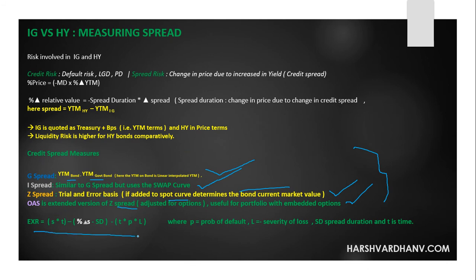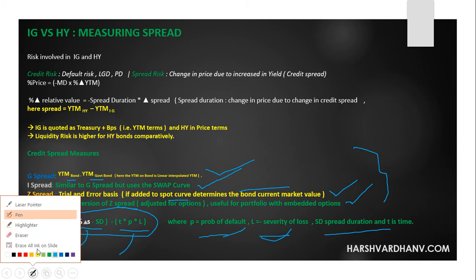Then there is a term over here on which there are certain questions which I saw in the practice sums. It is the excess return. The excess return for a bond is a function of three things: spread, change in spread, and the change in the credit risk, which is probability of default and severity of loss. So it is spread times time, minus change in spread times spread duration, minus the credit risk. So this function, to remember this thing,